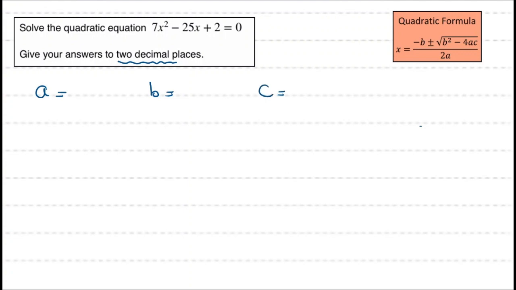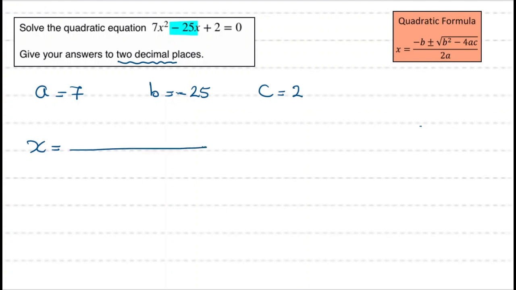The value of a is the coefficient of x squared, which is 7. The value of b is minus 25, it's negative, minus 25, and the value of c is 2. And then we substitute these values into our quadratic formula to get x equals